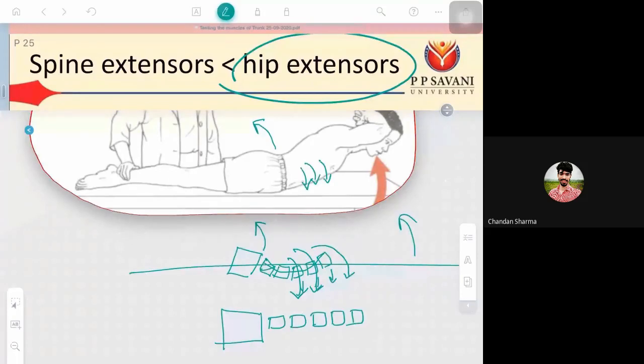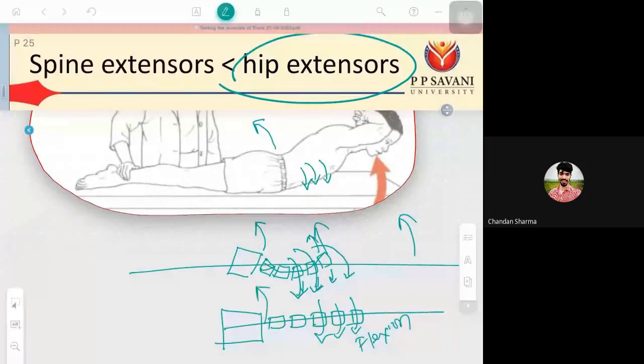And it will be flat. Now the lordosis will be obliterated when the patient is trying to lift the body. You know why? Because the muscle is weak. Which muscle? The lumbar extensor muscles are weak. It cannot lift the spine, so instead it will go down. That is called flexion movement. Flexion of lumbar spine will occur and posterior tilt of pelvis will occur.